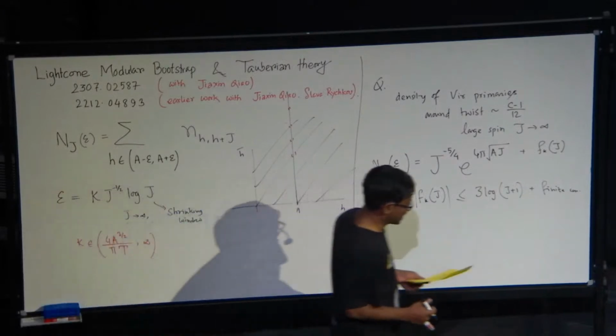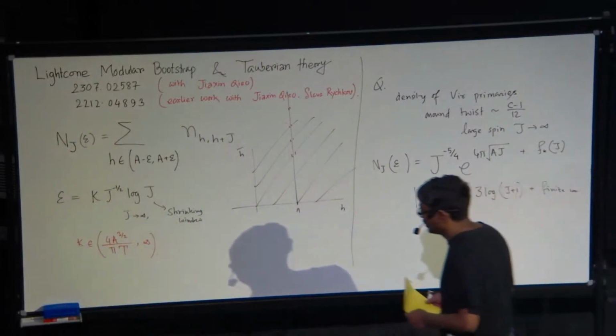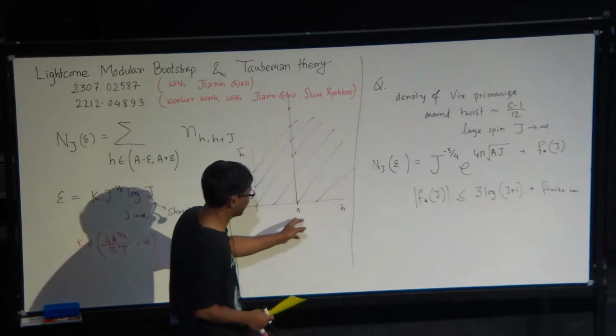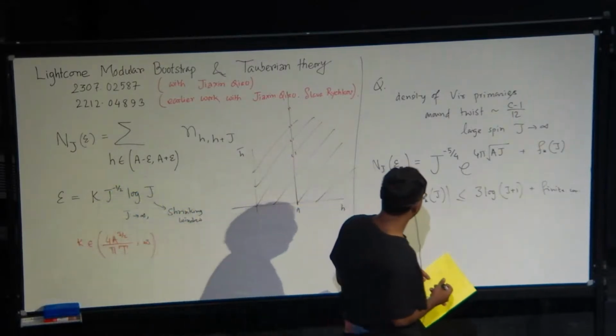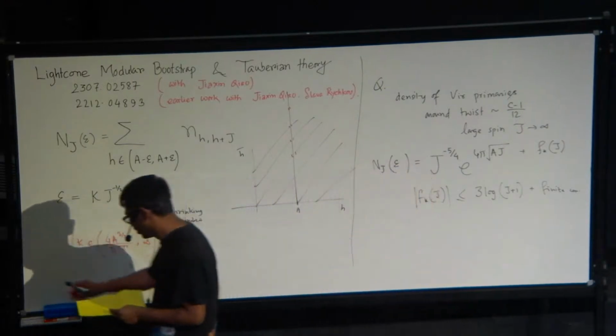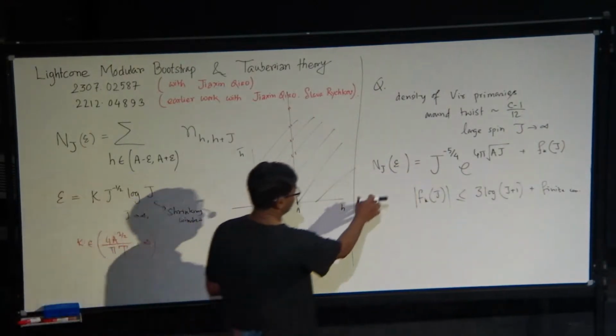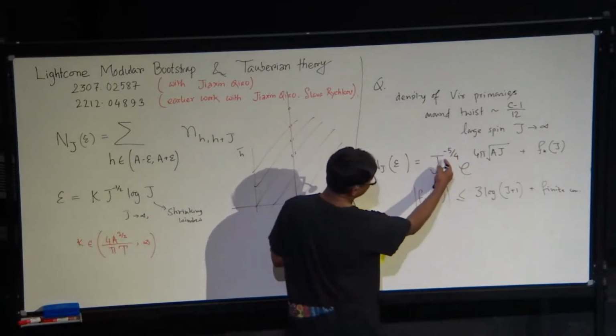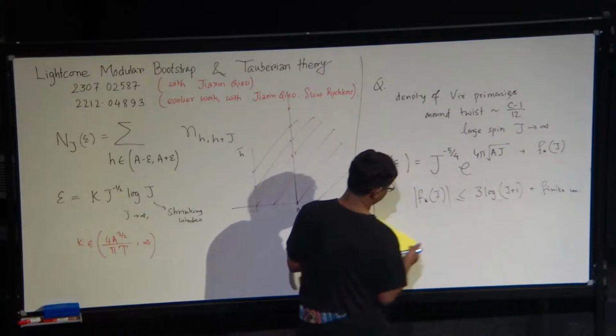And if you indeed assume that there are no states below c minus 1 over 12, or below this a, then you can predict a cleaner lower bound on this number of operators where you have perfect. So here you can see that the power index of j has some uncertainty because of this term.